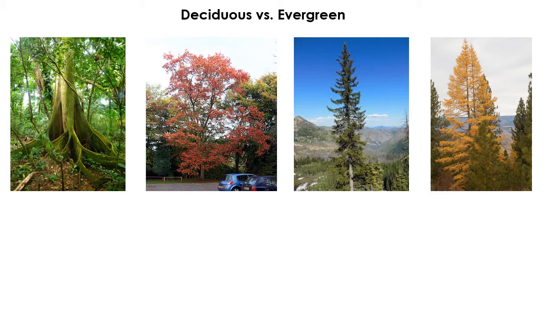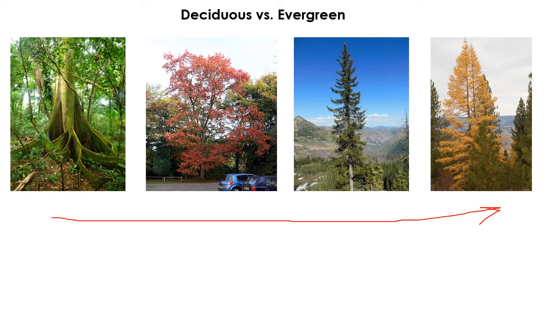Okay, now there are different strategies for leaves in terms of being deciduous or evergreen. So we talked about how deciduous leaves are on the tree for less than 1 year, and that's typically in trees that have a growing season and a dormant season. And evergreen are leaves that stay on the tree all year. And typically we find this, you can think of this as we go from left to right across the slide,